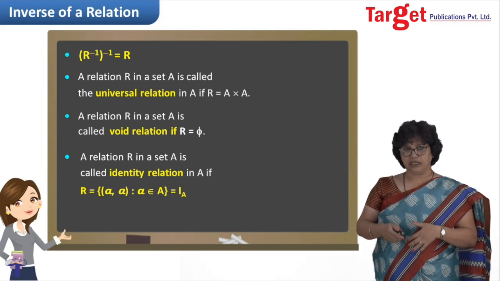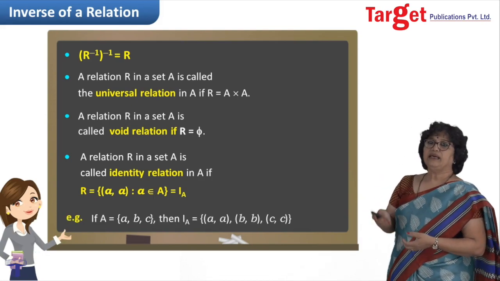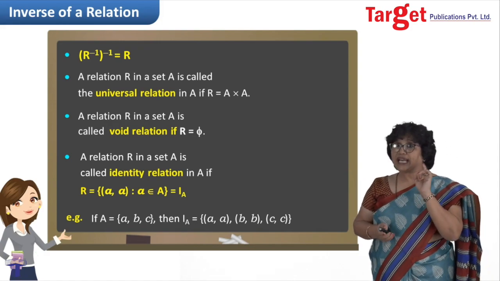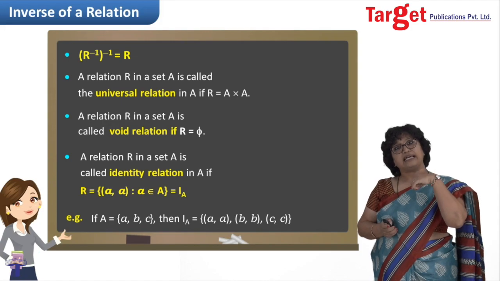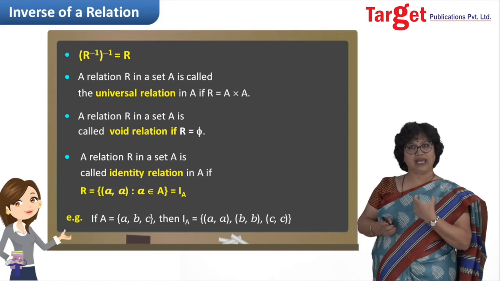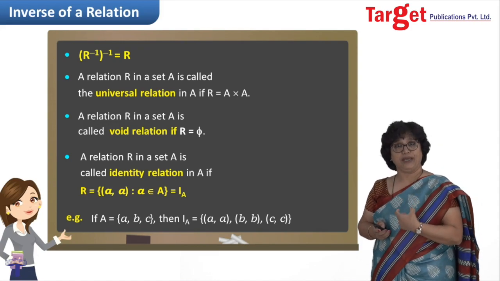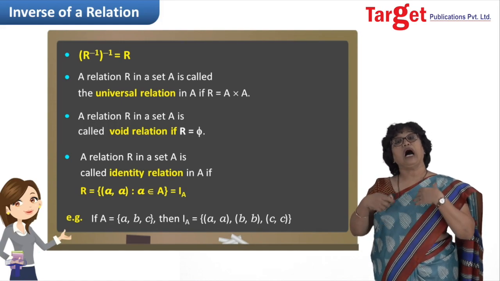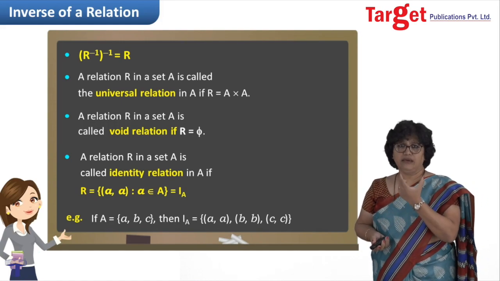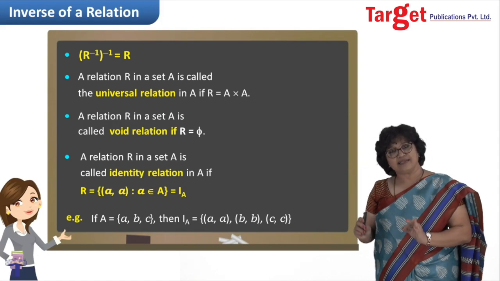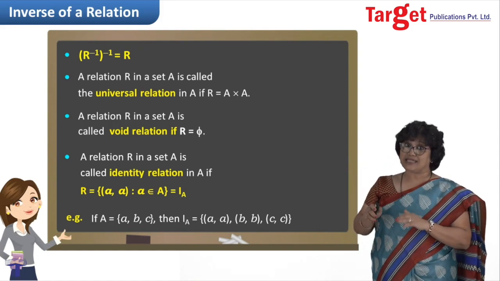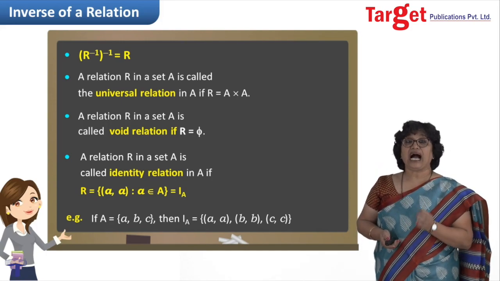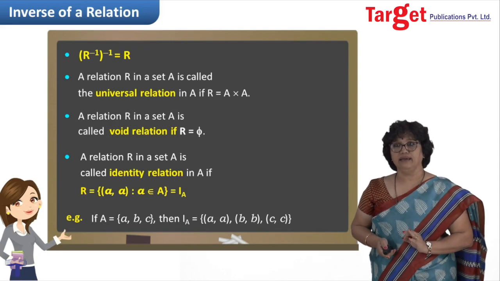Now, should we take one example to make things clearer? Let us take that. I have taken set A as {a, b, c}, and then how do we write the identity relation? That element a is related to itself. So obviously (a, a) would be a pair, (b, b) similarly would be a pair, and (c, c) also would be a pair. Is there any fourth element in set A? No. So how many such possibilities are there? Only three pairs we are expecting. So make a set of them. That subset of A cross A would be nothing but the relation I_A. I_A is the notation for the identity relation.